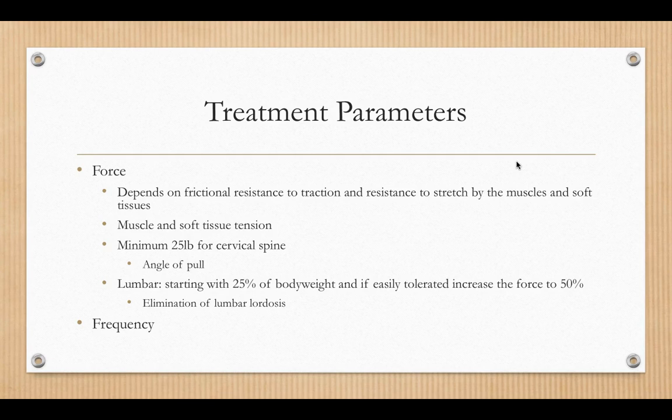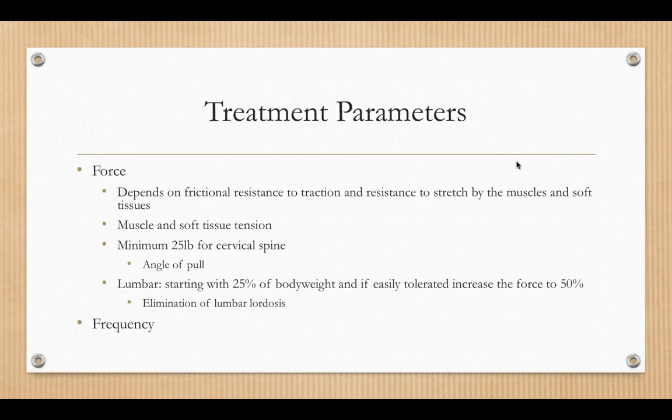So we have to overcome that resistance to the muscles and the soft tissue, and produce the traction. So with the cervical spine, we need a minimum of about 24 or 25 pounds of cervical traction. We also have to think about the angle of pull. So again, the neck flexed to about 20 to 30 degrees especially gets you the lower cervical vertebrae. Also usually opens up the spaces for the intervertebral foramen a little bit more. If it's more of a facet, we can be at about 15 degrees of flexion. Again, if that position also creates less pain in their real life,